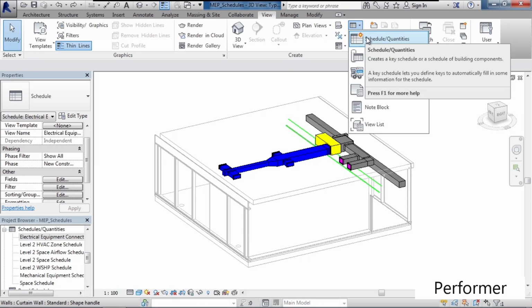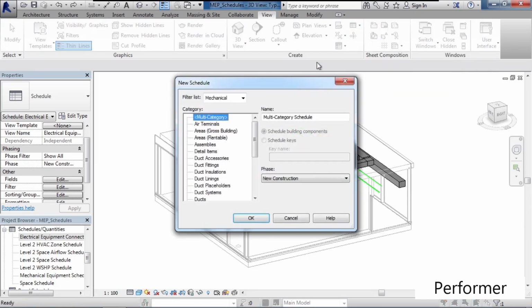So click Schedule Quantities. Next, you're presented with what type of schedule you want to create. The filter list on the top will allow you to filter down to a specific discipline or area. I'm just going to verify mechanical is selected. And then let's say we want to make a mechanical equipment schedule. So I'll scroll down in my category list to mechanical equipment, and then I could give it a name in